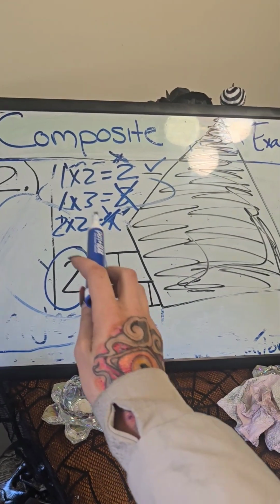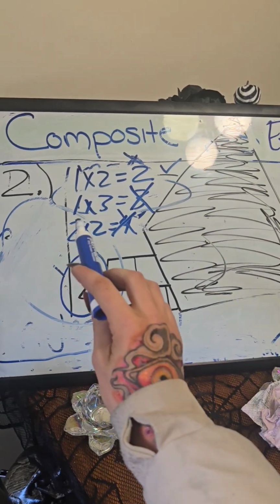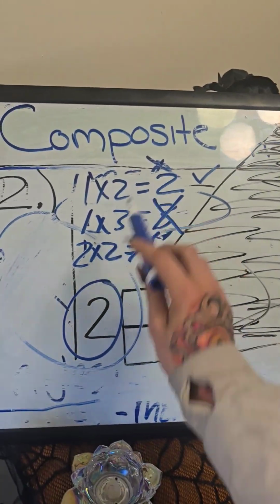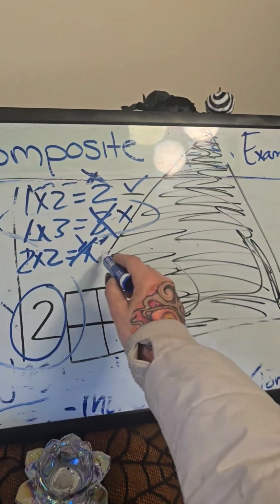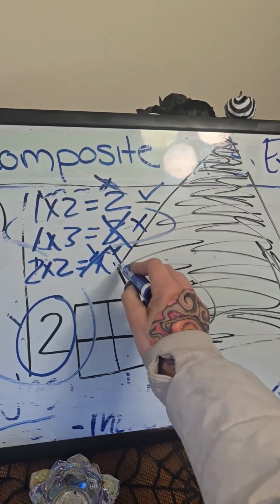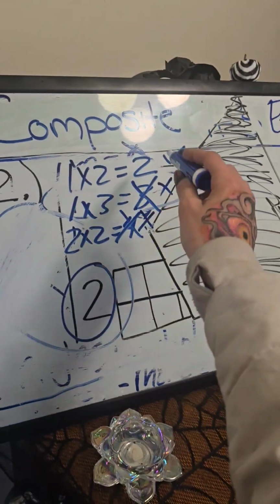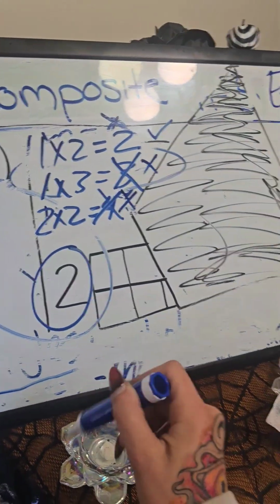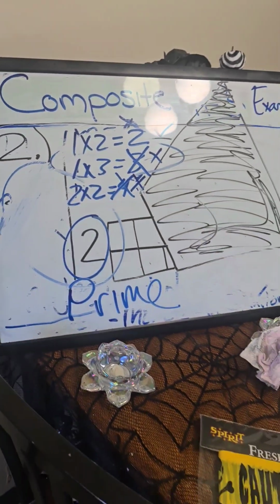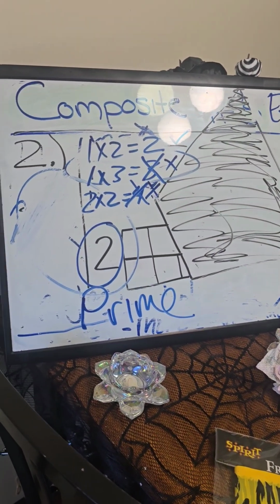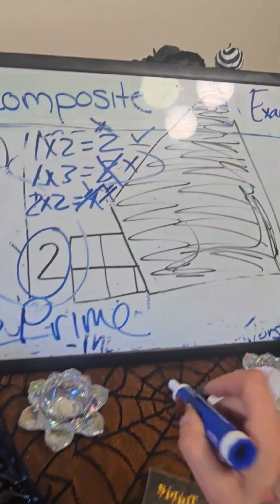So this is how we figure it out. So 1 times 2 is 2. That's correct. Great, good. That follows the rules. 1 times 3, though, is 3, not 2. So that doesn't follow the rules, right? 2 times 2 is 4. That's not 2. Doesn't follow the rules. So we know, again, this is how you show your work. And we know that 2 is prime. 2 is prime. The answer for why Sarah is not correct is because 2 is a prime number